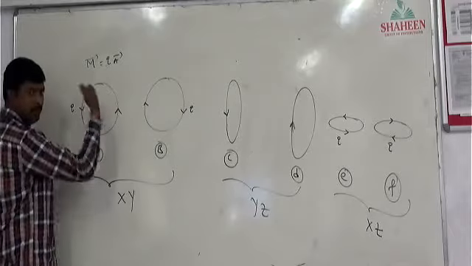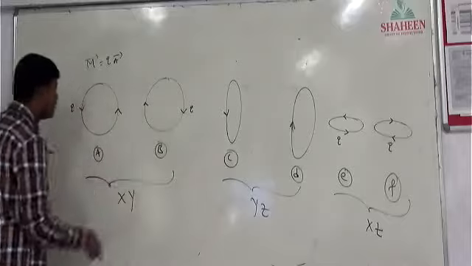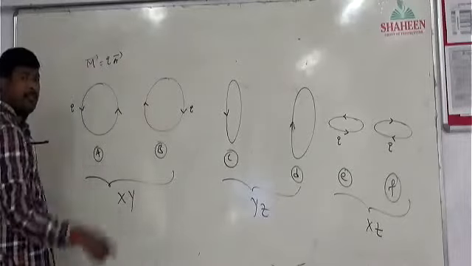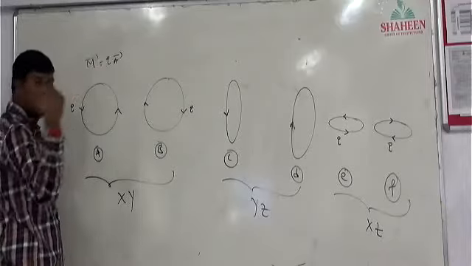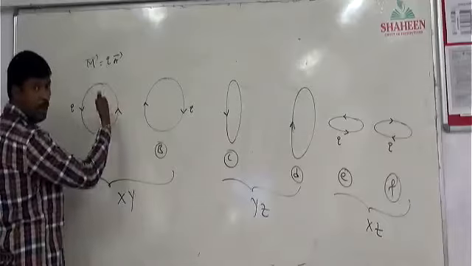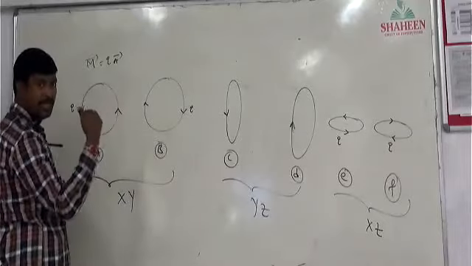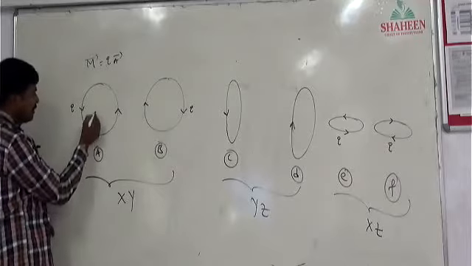Which side? Out. So this is x-axis, this is y-axis. This side means z. So this is positive z, this is negative z. So which direction? Outward we are getting. So along outward means along positive z. So positive z means K cap.